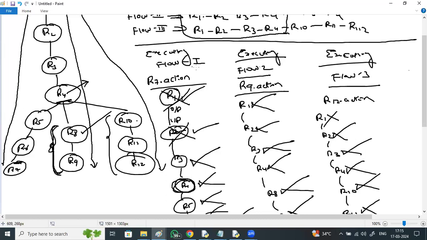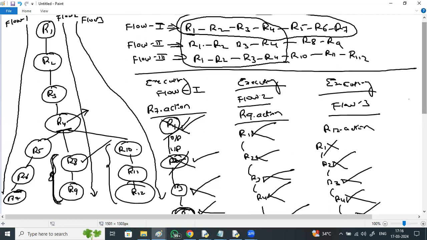Now, if we observe the above 3 flows, even though the first 4 steps are common, the flow is always executing from the beginning. So to avoid this, identify the RTD whose output is commonly used by multiple flows and persist it. Here, R4. How will you persist?